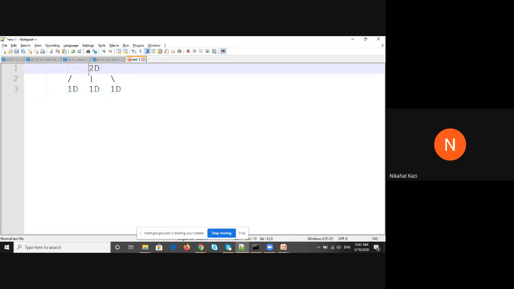So this is the parent. Inside this there are children, 1, 2, 3. Each of these is a 1D array. You have to visualize it that way. This 2D array consists of 3 elements which are themselves 1D arrays.